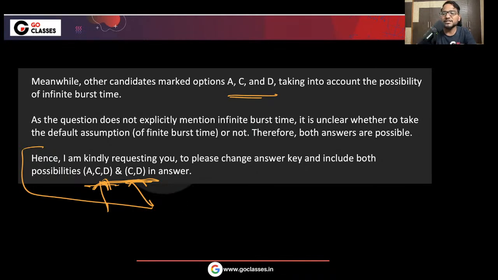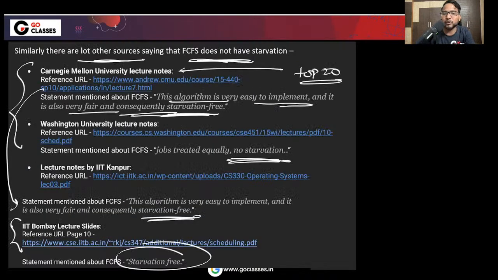See, okay, some people are saying "potentially." Obviously "potentially" is a default word. If someone is asking, okay, tell me whether it can have starvation or not, then obviously it is asking about the possibility. The possibility or the potentially, both are the same thing. And since I'm talking about the standard resources, here I need to talk about the standard resources where they have implicitly assumed that, right? You need to understand the implicit assumption.